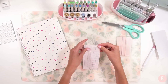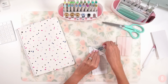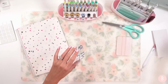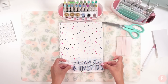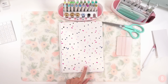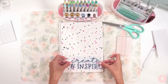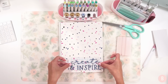I just grabbed a removable vinyl that's perfectly fine for a project like this. And I was trying to kind of color match some of the confetti looking dots on the back of my notebook. And just going to be mindful of where I want to bottom right justify, but I'm being careful of where those dark navy dots lie because I don't want to put them, say, like right on a, see where that P is, how that kind of messes it up. So I just kind of want to be aware of that and be mindful